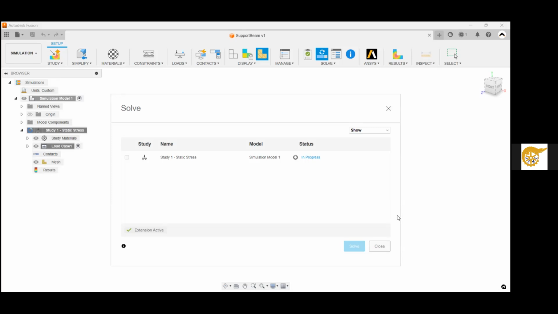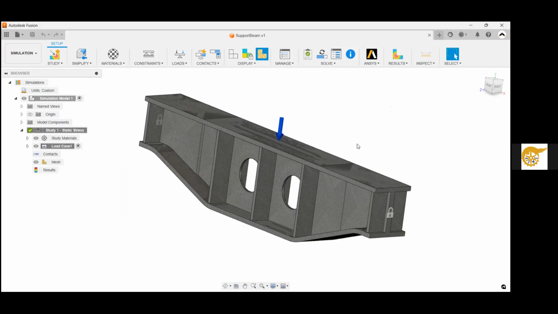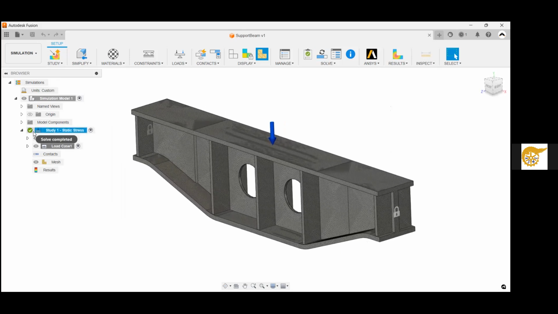I'm going to go and close this simulation. It looks like, oh, there we go. We got a solve. Right on. Okay, so we got a green check mark on our browser. I'm going to go and close this window. Right. Now that I know the solve is complete, I can use some of my other tools to actually go ahead and